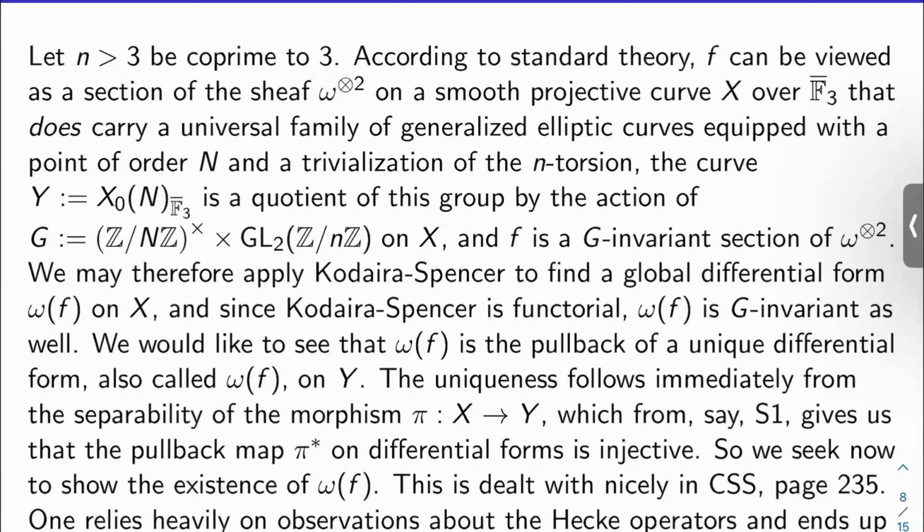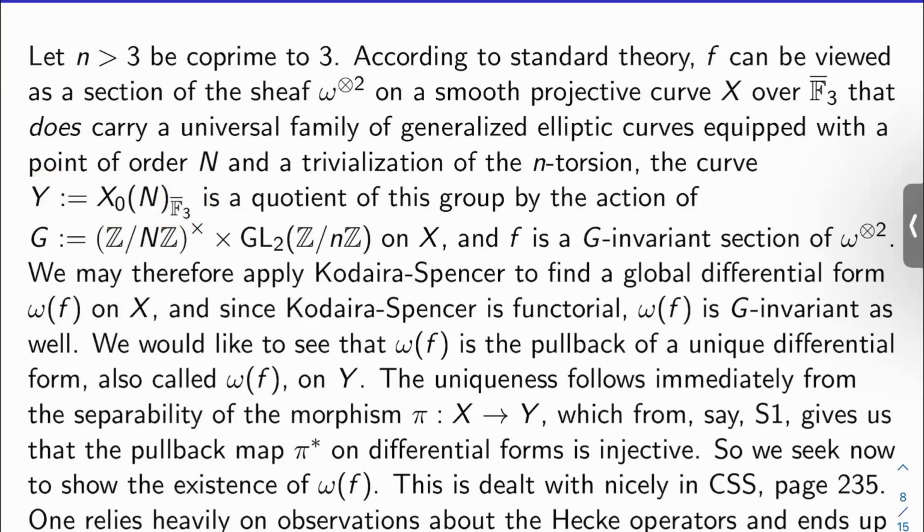According to standard theory, you can view f as a section of the sheaf omega second tensor power on a smooth projective curve X over F-bar_3 that does carry a universal family of generalized elliptic curves equipped with a point of order n and the trivialization of the n-torsion. Okay, now the curve that I want to work with, which I'll call Y, which is an F-bar_3 model of the modular curve X_0(N), is actually a quotient of this